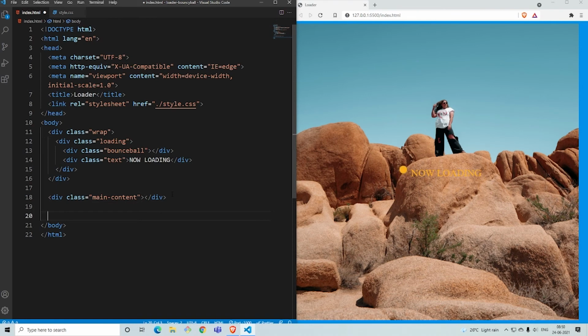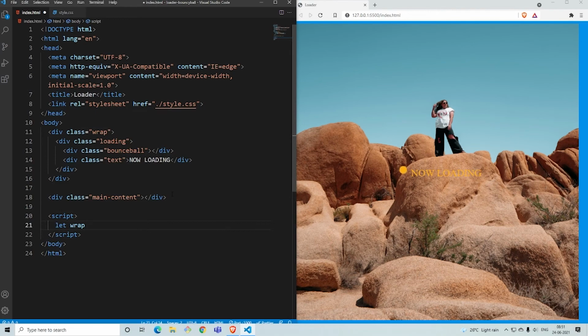Basically in JavaScript, what we're going to say is whenever the image is loaded, the now loading page display should be set to none. So you don't have the now loading page anymore once the image has been loaded. So we'll go to the script tag, and inside the script tag we'll set a variable.